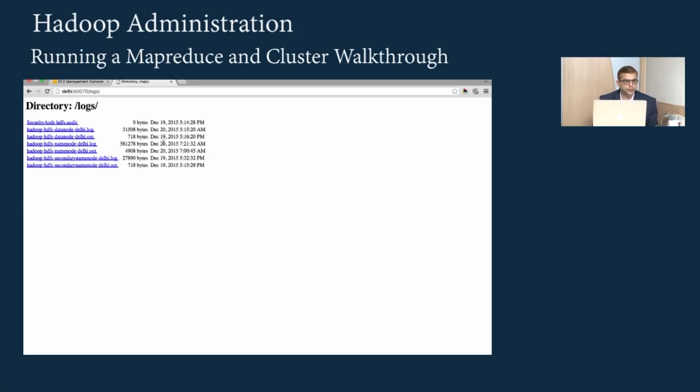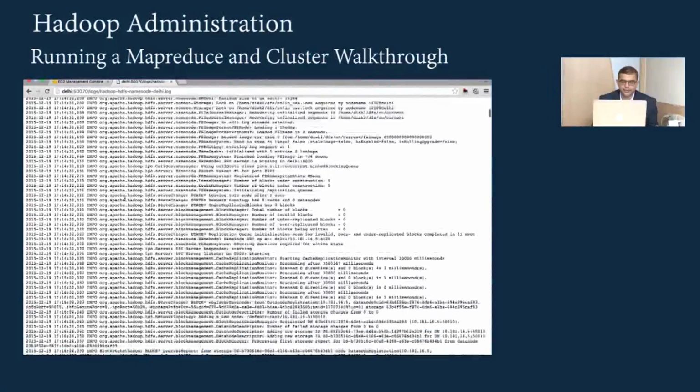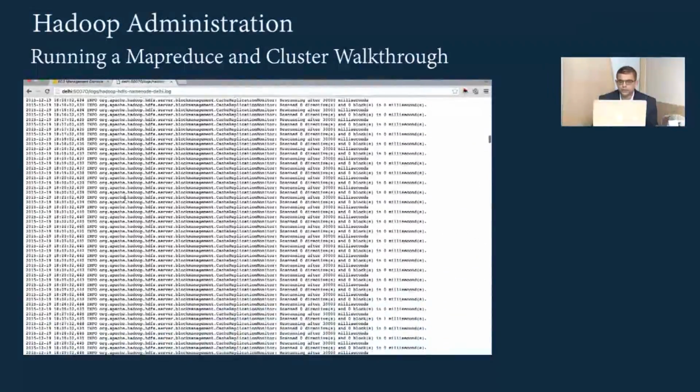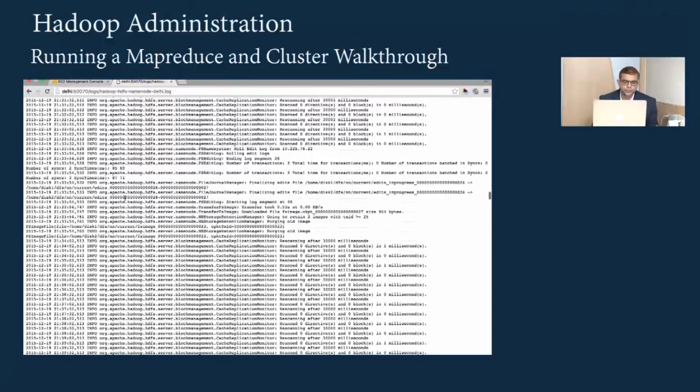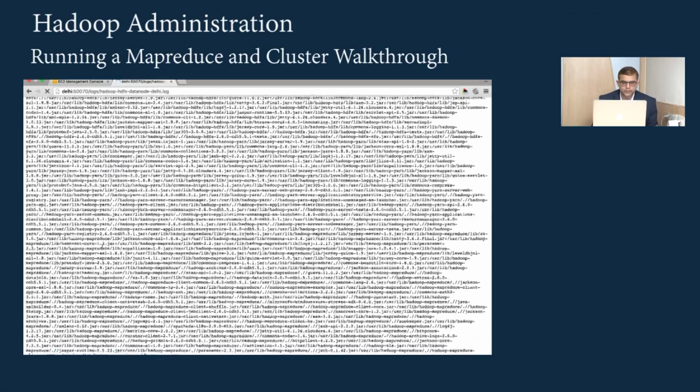So now what it shows you is the logs that are generated on this particular machine. So on our Elephant we are running name node and these are the name node logs. If there is an error condition, you can see that. So there is no need to go to the logs from the command line.